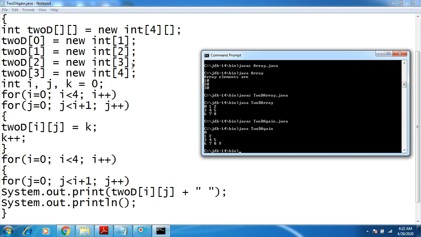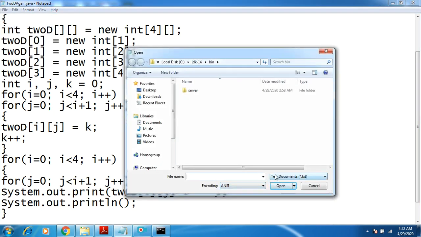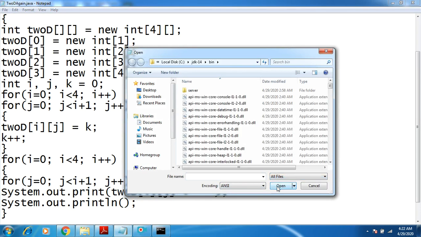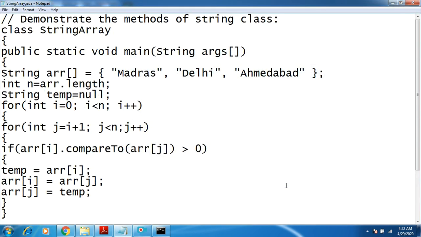Okay, so after this we'll go for the string concept. All of you know how to define a string. A string is nothing but a collection of characters, or an array of characters is also called a string. So here we have named it string array. If you want to declare a string type of array, you can directly make use of String, but remember it's not a primitive data type, it's a predefined class in Java.